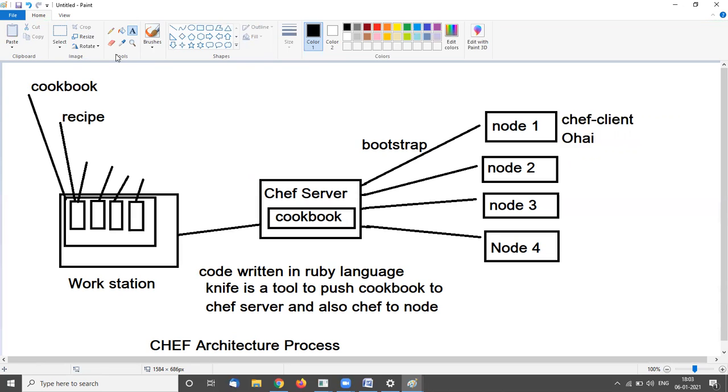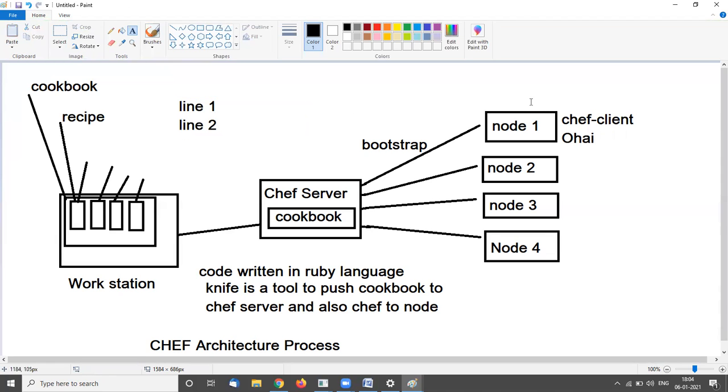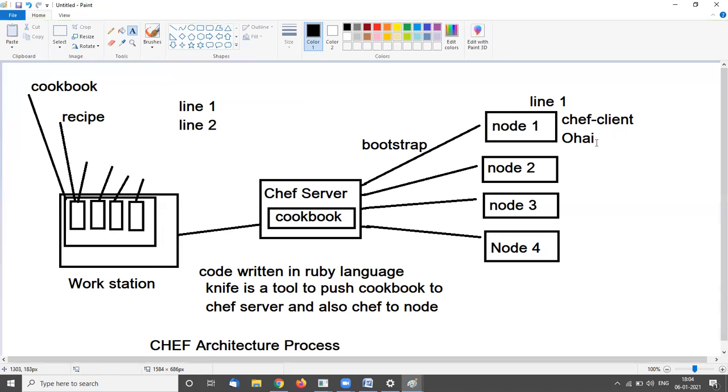And if I write a recipe here, line number one and line number two, and the node server already has line number one, what happens? The node says to the chef client that I already have line number one, so please